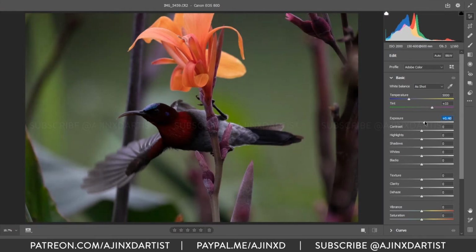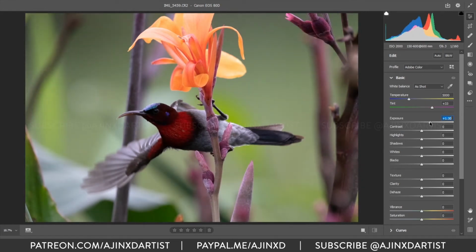Starting with exposure, the bird is a bit dark by default, so even if we add light, you can see up here in this histogram, the bird is not really affected by it. So for that, we'll have to play around with the highlights and the shadows. This looks like a backlit image right now, but we can reduce the highlights all the way if you want, and then the shadows will be enhanced. The more light that falls on this bird, the more reflective its feathers are.